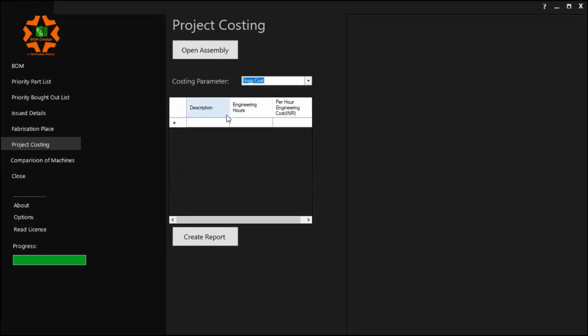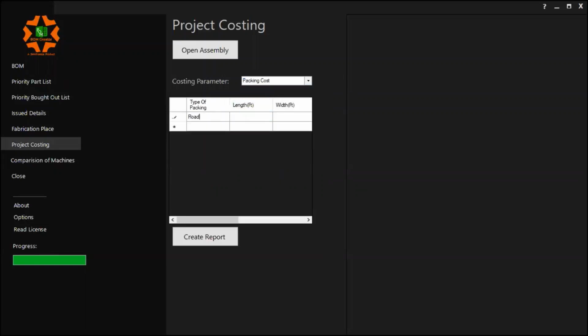Going to the engineering, I'll put design engineering at, let's say, 175 hours, and my cost per hour at 250 rupees. Or let's say I need to do some kind of CFD in this project, and that's a 25-hour job that will cost me, let's say, 600 rupees.